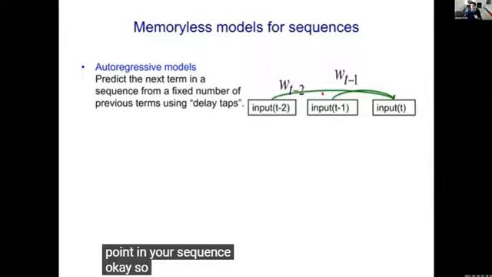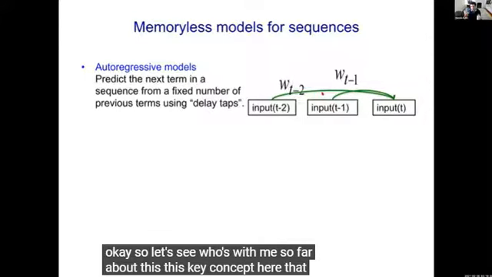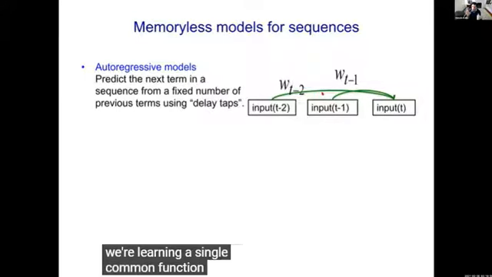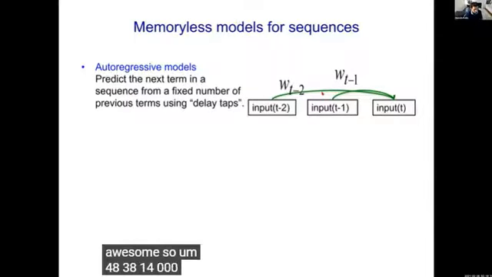Okay, so let's see who's with me so far about this key concept here, that we're learning a single common function which we're then applying to the entire sequence. Awesome. So 48, 38, 14, 00. So,